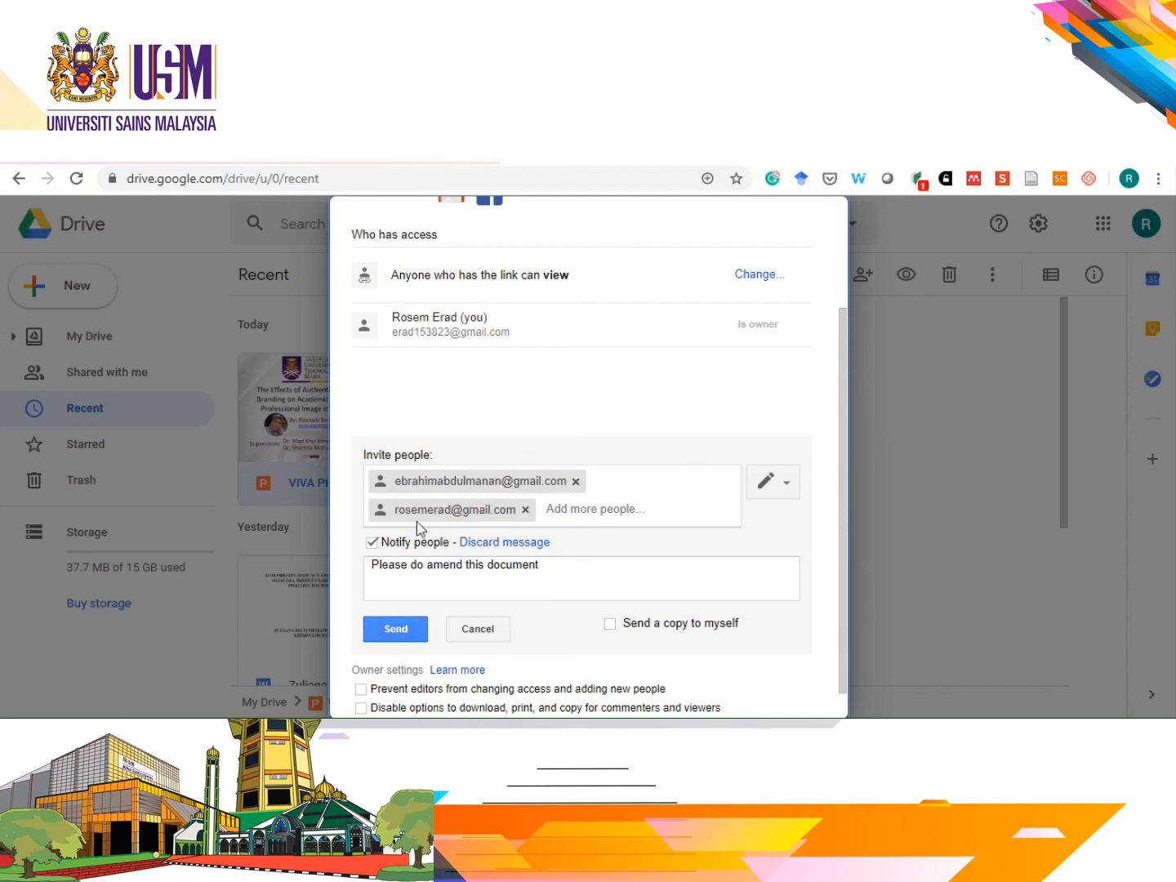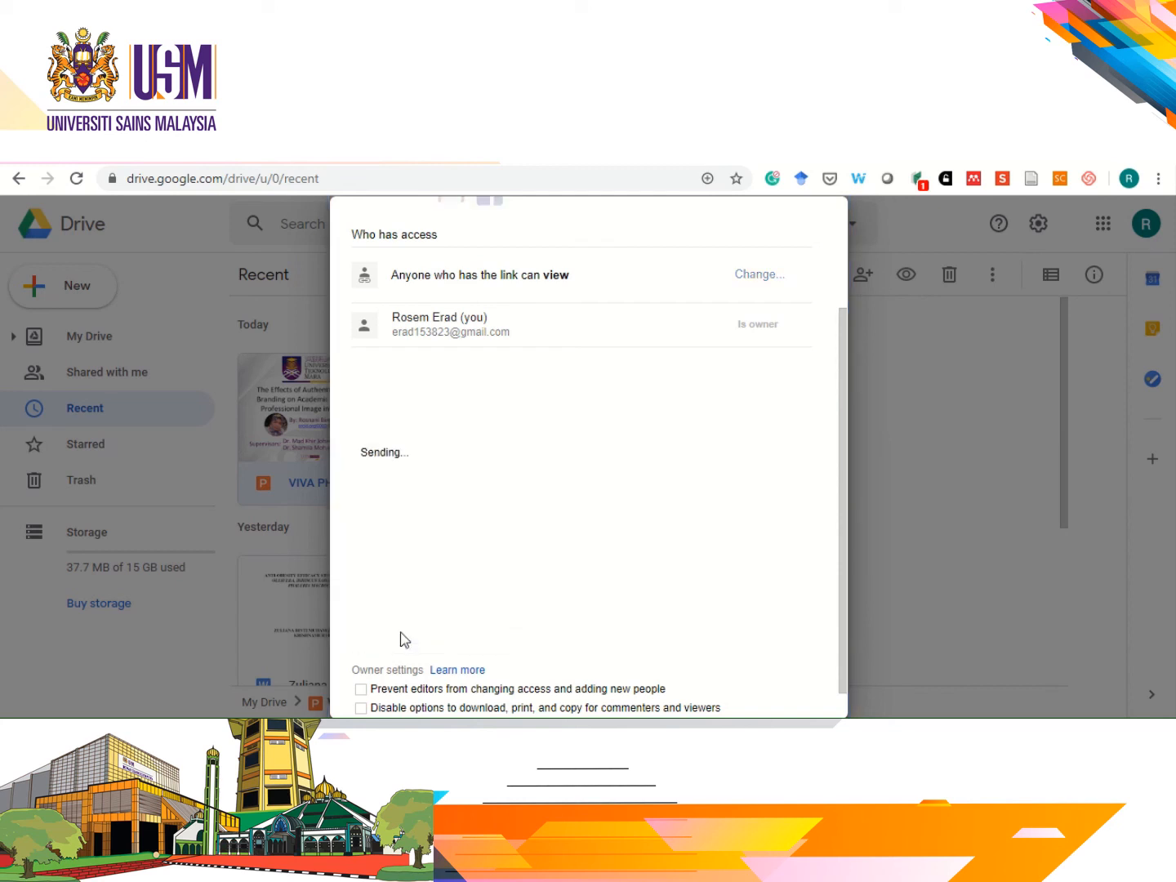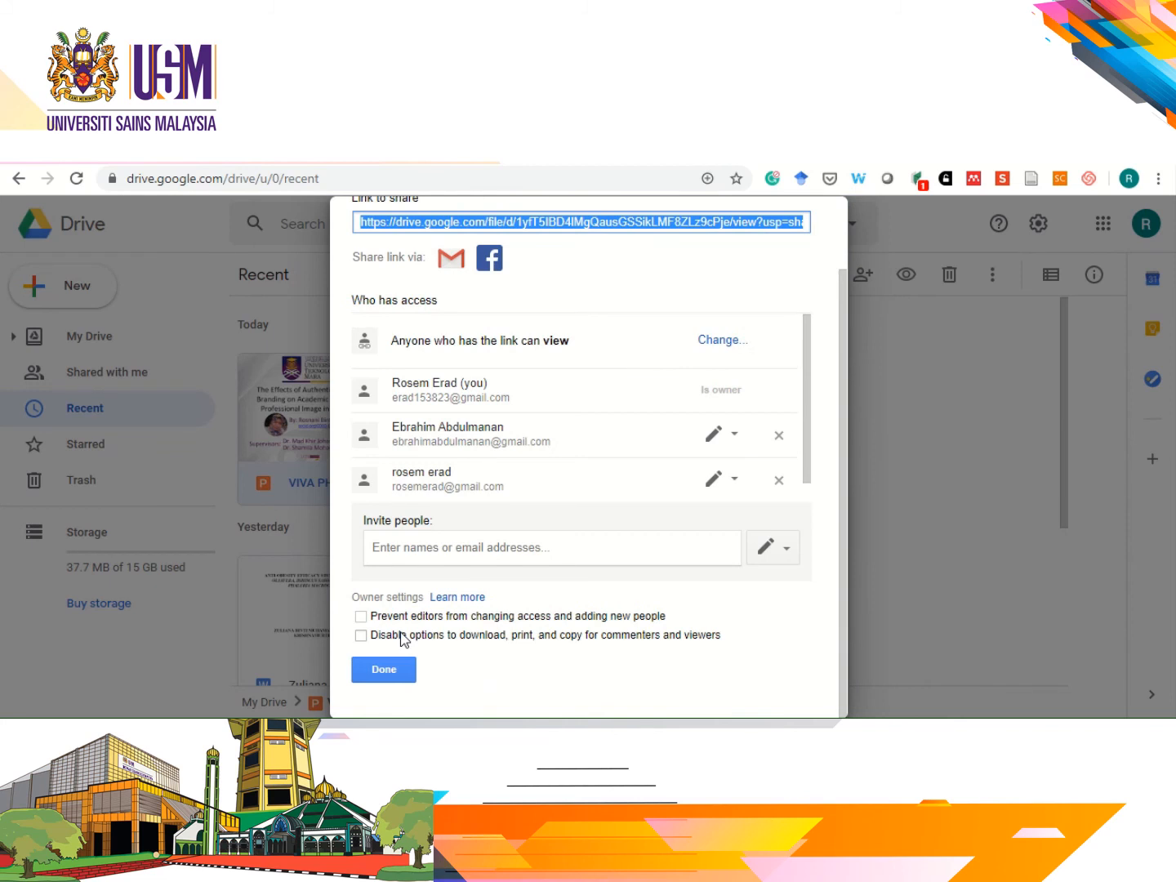After that, you can also put this one. For example, we already have the Gmail account, and just click send. Okay, after that it's finished, click done,